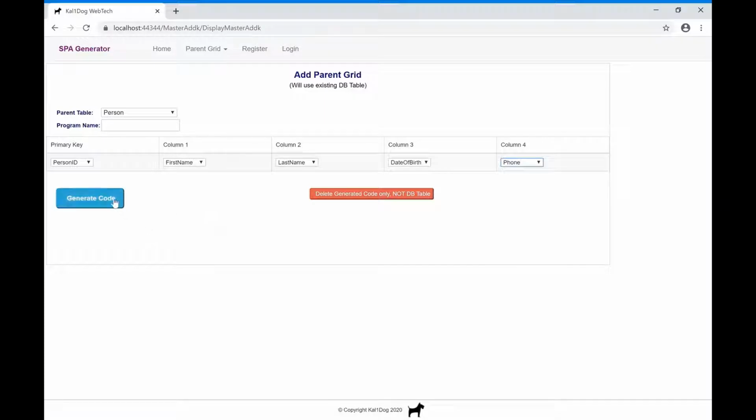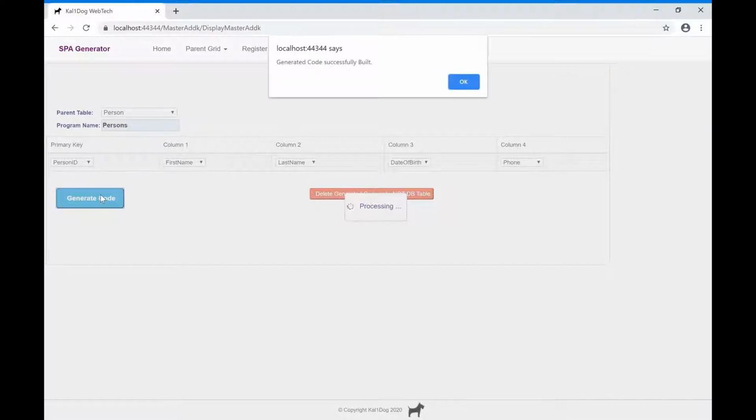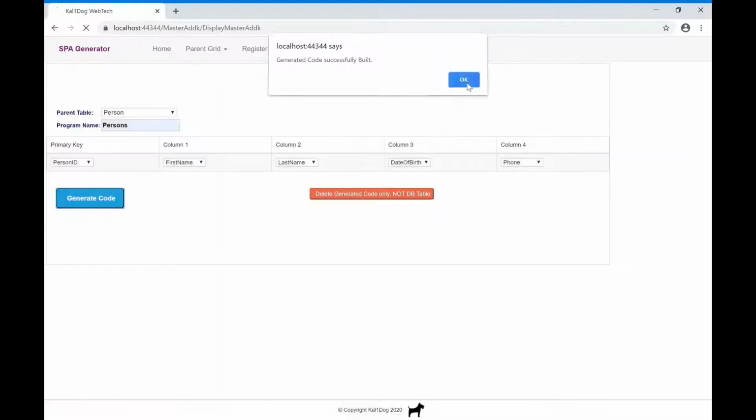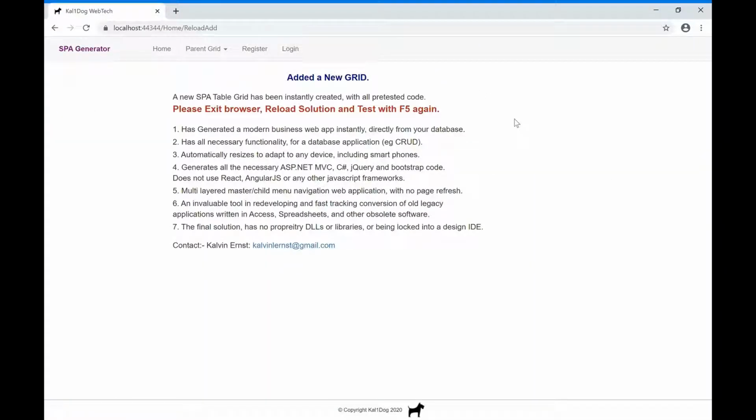So all we do now is generate code. You have to put in a program name as well, called persons. And now we can generate the code. It only takes a few seconds to generate the code in the background in Visual Studio, creating all views, controllers and models and all other business C# code. It is being generated successfully. And what we do now is go back to Visual Studio, exit the browser and rebuild. Okay,